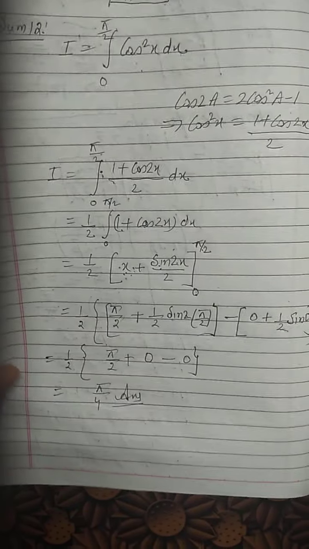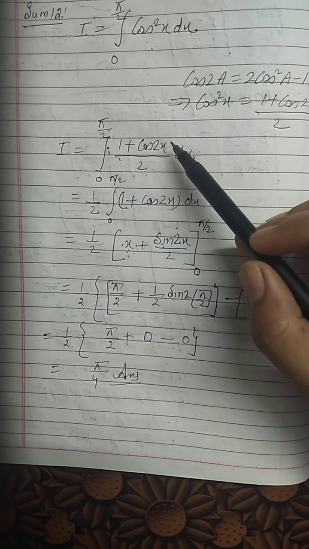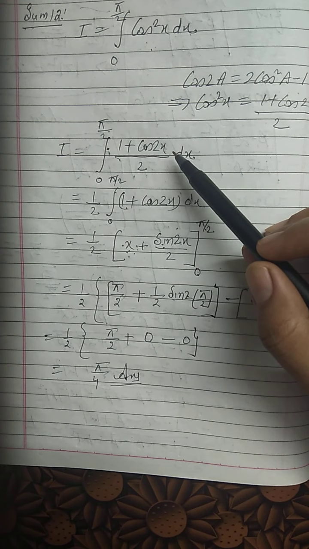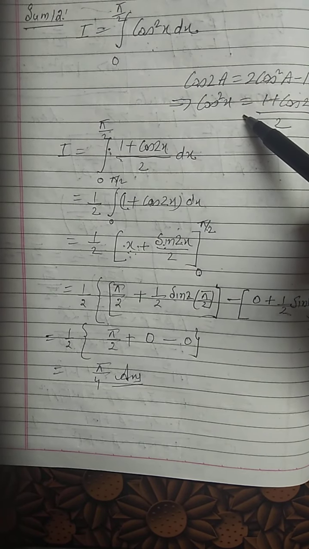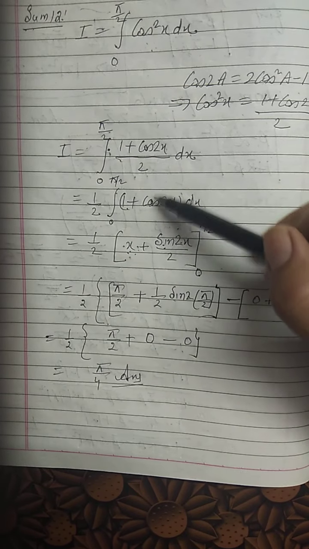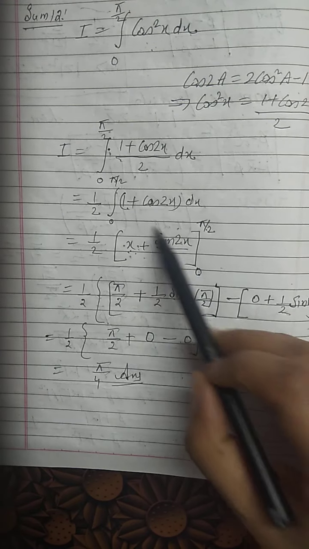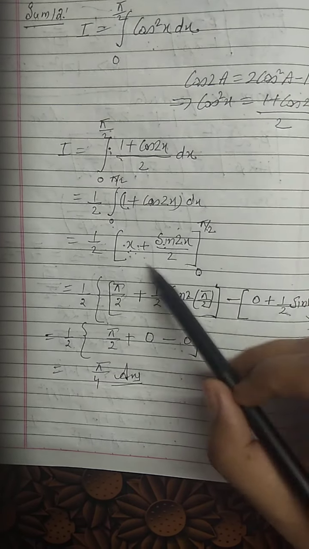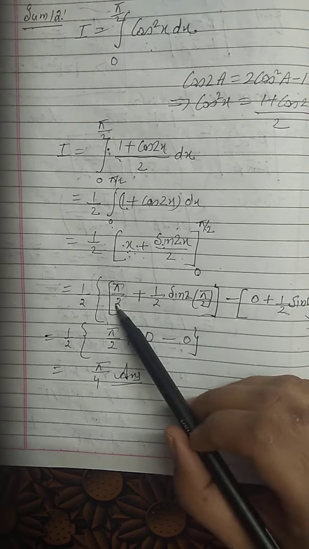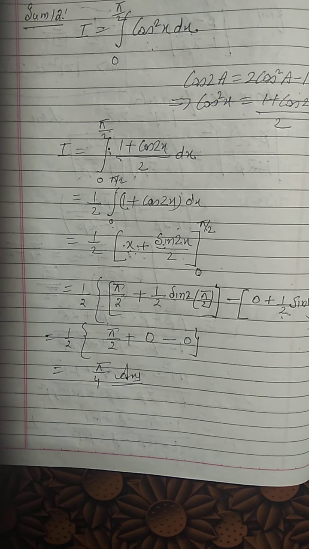So this is how we do definite integral sums, integrating with the techniques we have learnt. In exercise 7.3, I think, we learned how to simplify trigo functions with the help of trigo identities. Before integration we simplify, and then integrate. Once the integration is done, the lower limit and upper limit we write on the right side. So first in this function, which is the answer, we put the upper limit minus the lower limit, and we get our answer after the calculation. This is sum number 12.